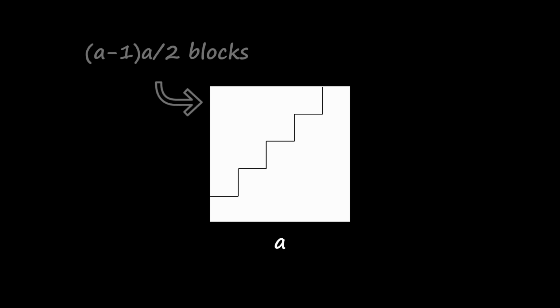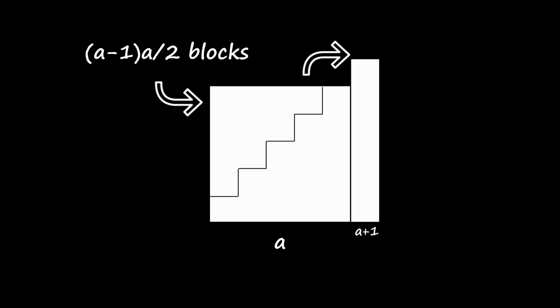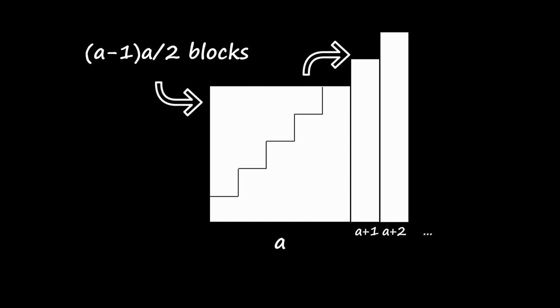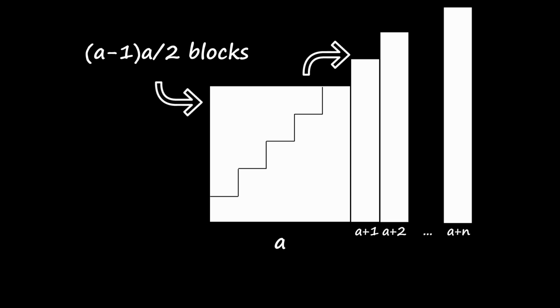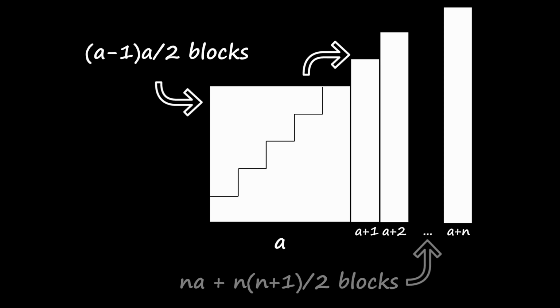Whoa! Where have these formulas come from? We are looking here at a square having a base of a that can be arranged as steps. Again, every kid watching Numberblocks knows that a square is a sum of two steps. We need to take the second step, having (a minus 1) times a over 2 blocks, and rearrange them so the first steps can continue. We will make a tower of a plus 1, then a plus 2, and so on until a suitable a plus n, where n is the difference between the length of the steps and the base of the square that we have already mentioned in our formula. The steps that we have added have n times a plus n times (n plus 1) over 2 blocks.